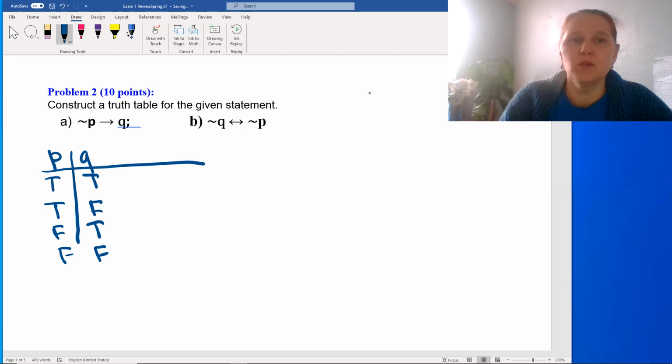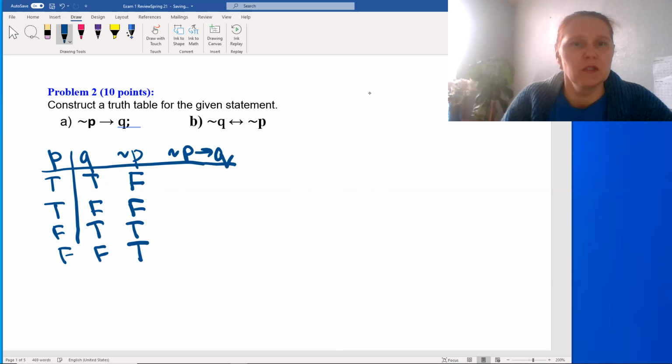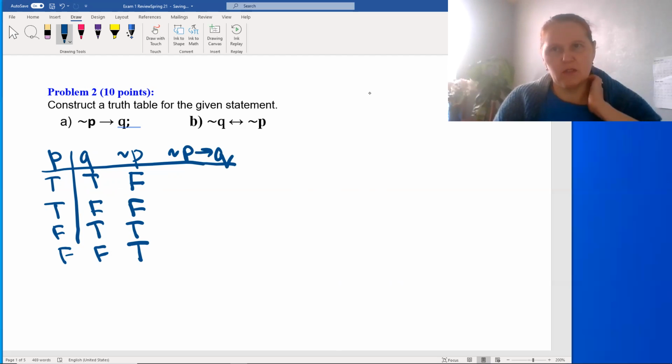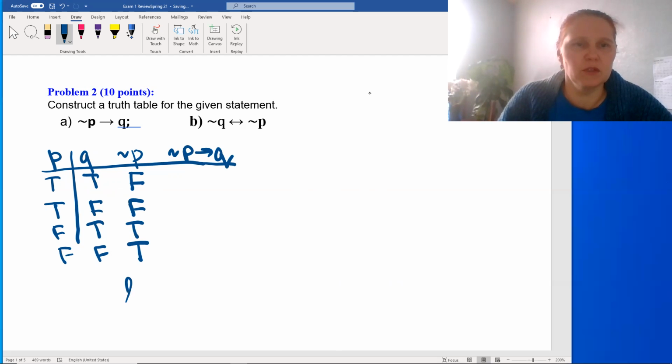Then we need a column for not P. Not P is the opposite of P. We look at the column for P and write the opposite value. True becomes false, and false becomes true. Okay, and then we need a truth value for if not P, then Q. So in this example, it's a little bit not convenient since our hypothesis is on the second place and the conclusion